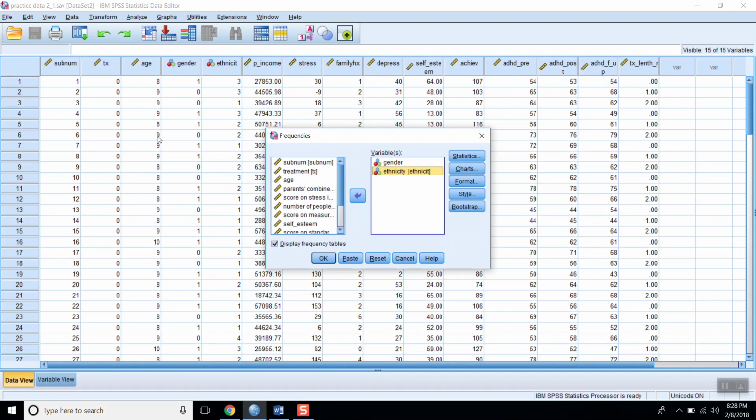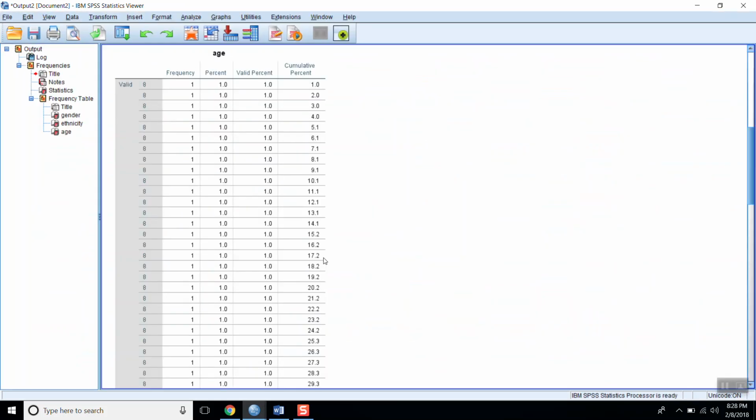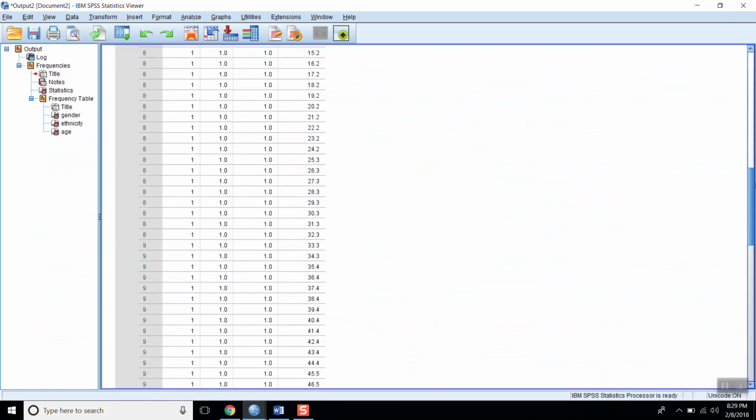Age for this one is continuous, but it looks like we have a limited number of ages, like maybe 8, 9, and 10-year-olds. You could get frequencies for that if you want to. You'll get the mean and standard deviation too. I'm going to put it in there just so we can see what it looks like. And then press OK. Oh, no, we don't want it. Because I forgot I randomly generated, and then I hid the decimal. So